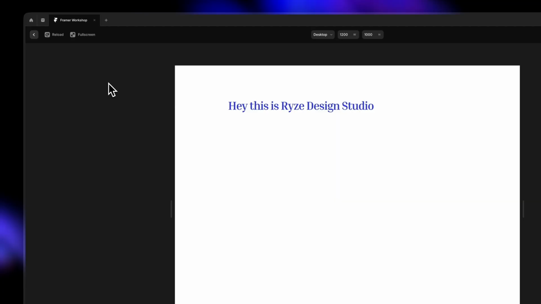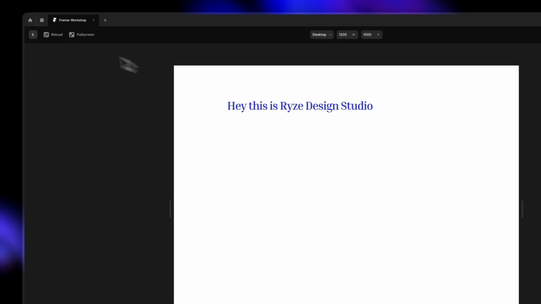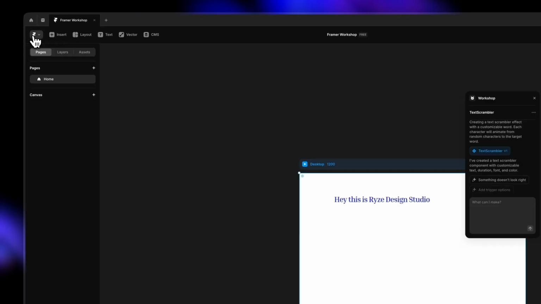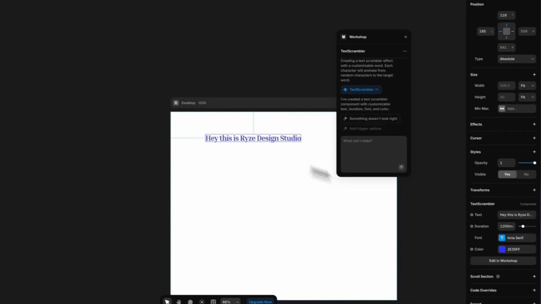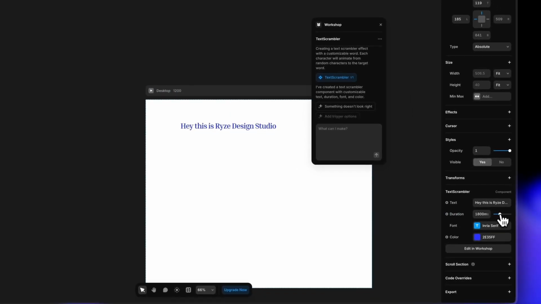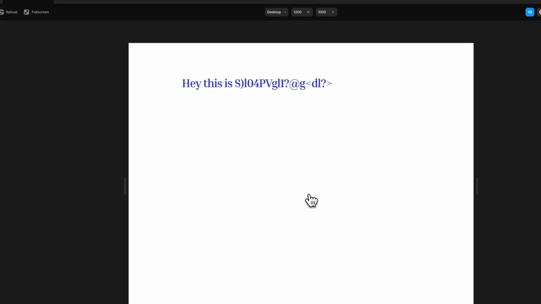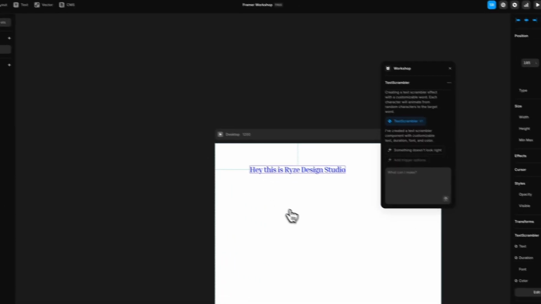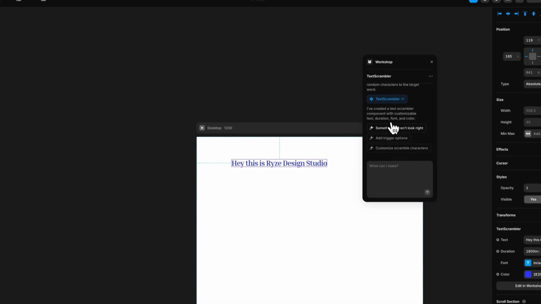I mean, the possibilities with this Workshop plugin are endless, honestly. And that's what makes me so excited, honestly. It's like having a developer in your back pocket. You can just ask the AI to do anything. And also, there is no back and forth between ChatGPT and then entering here. Everything is just so seamless because of this.